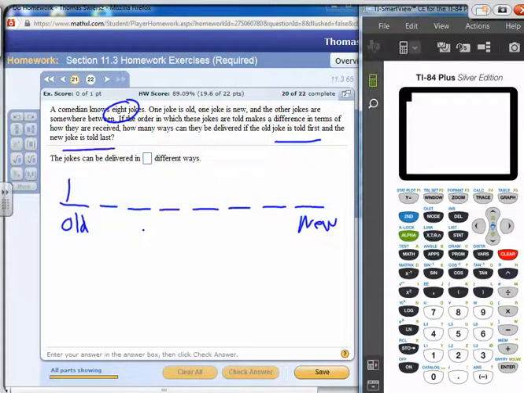Similarly, the new joke was told last. There is only 1 choice for the new joke, okay? But now, after we've got a total of 8 jokes, so we've used 2, we've got 6 jokes left, right? So now, the second one, we've got what? 6 choices, right? And then we use up 1 joke, and then we've got 5 choices, and then we get down to 4, 3, 2, and 1, okay? So our answer is 6 times 5 times 4 times 3 times 2 times 1, and the other times 1